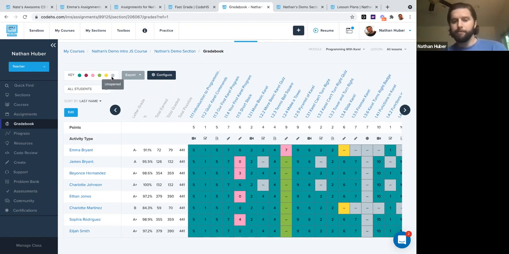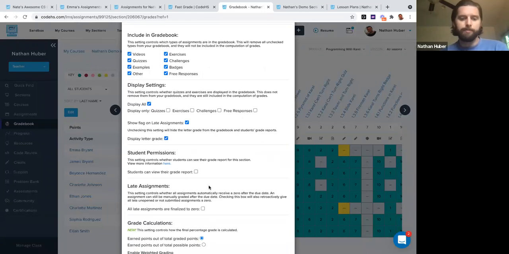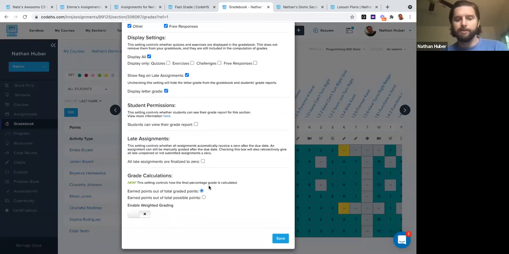So I'm able to see that from this page, and I'm also able to see a numeric value as well as grades, in both a letter grade and a percentage, and of course the actual score. So from here, I'm also able to configure it. I'm able to include different types of exercises, and I can display them as well. So there's a few different customizations we can make to the gradebook, including the actual weighing of the scores themselves,